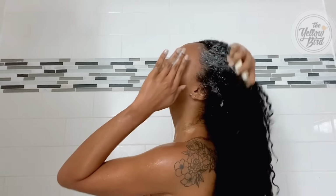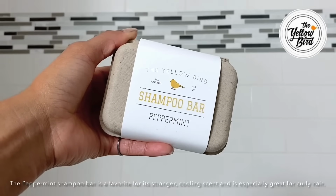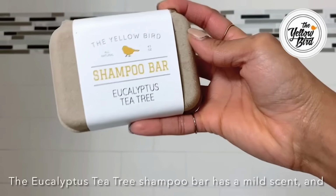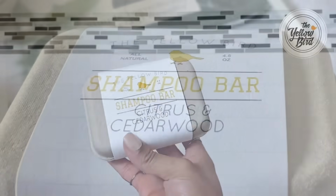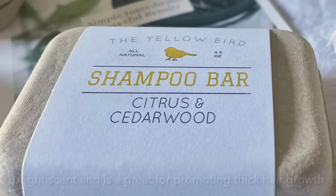The peppermint shampoo bar is a favorite for its stronger, cooling scent that provides refreshment and is especially great for curly hair. While the eucalyptus tea tree shampoo bar has a mild scent, it's a favorite for removing extra product buildup and helping with dandruff. And last but not least, the citrus and cedarwood shampoo bar has a fresh, bright scent and is great for